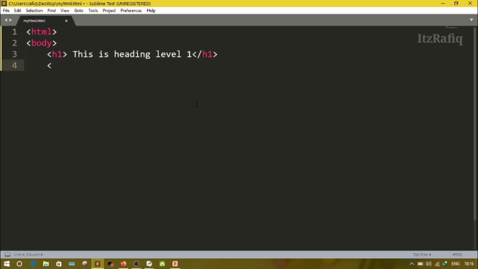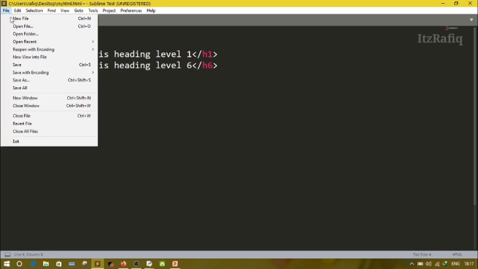Again, suppose H6, this is heading level 6. Close H6. Now close the body and close the HTML. Here I have skipped the head part. So sometimes we can skip head parts in HTML documents.